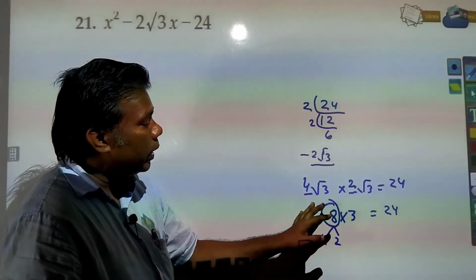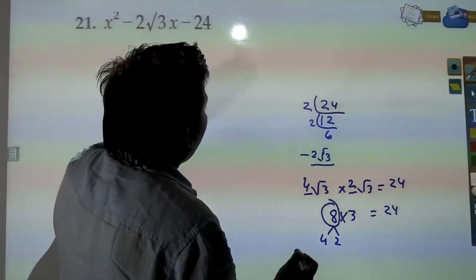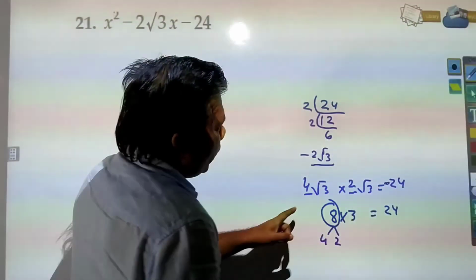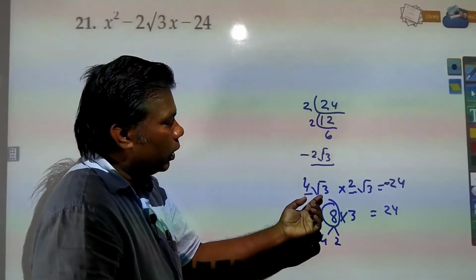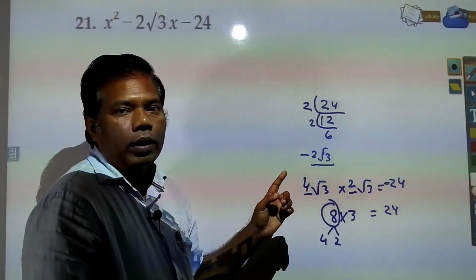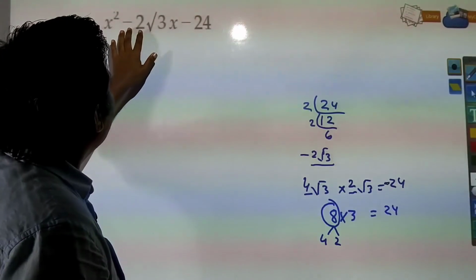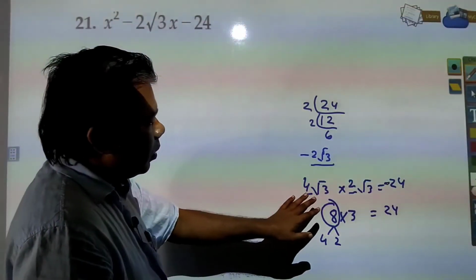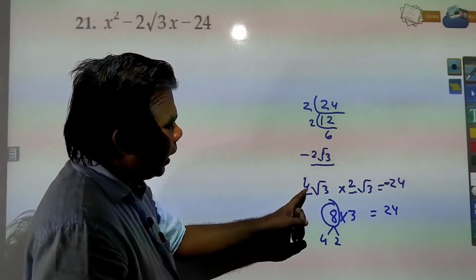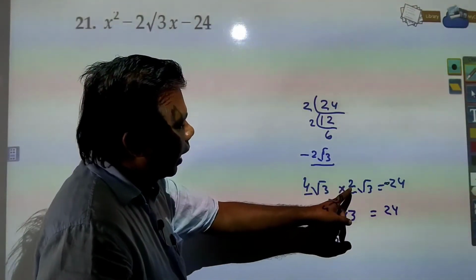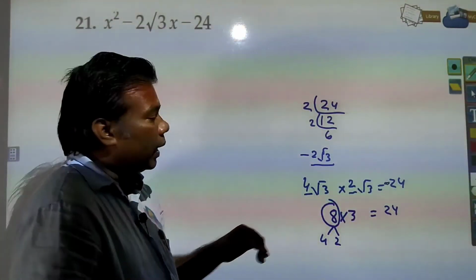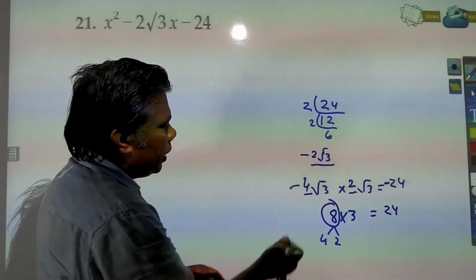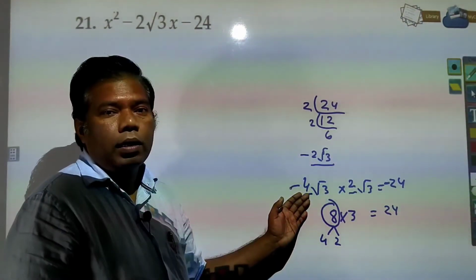Now you need to see, since we have minus 24, which one we should keep minus, minus 4 root 3 or minus 2 root 3. Since here we have minus 2 root 3, it means what? If you will be having minus 4 root 3 and plus 2 root 3, then only you will get minus 2 root 3, and that's why this term is required to be made negative.